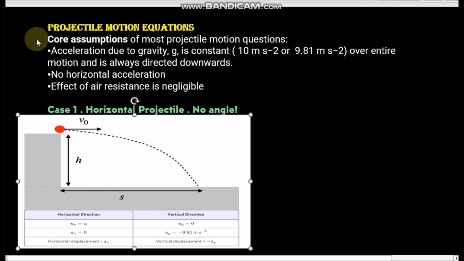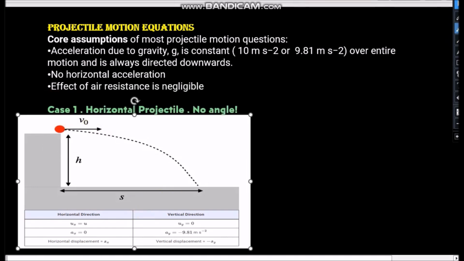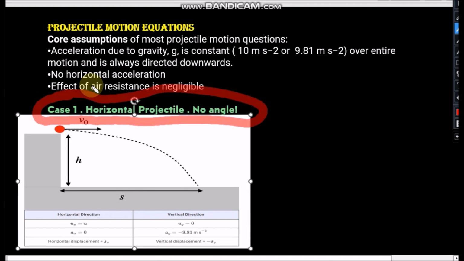In general, we see the first case here. Let me show you. Here is the case. The first case, case 1: horizontal projectile, no angle, when the object is projected without any angle, just horizontally from a certain height h. This is the first case. The second case,